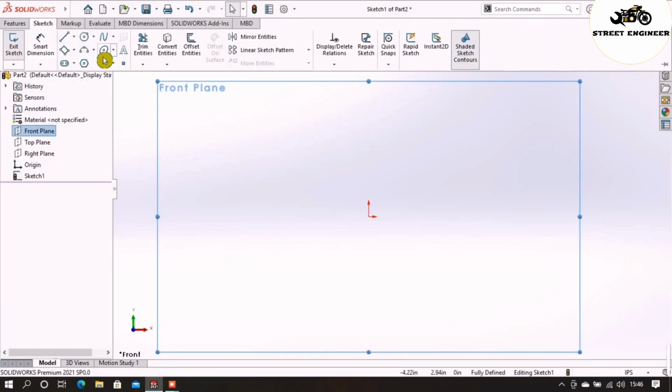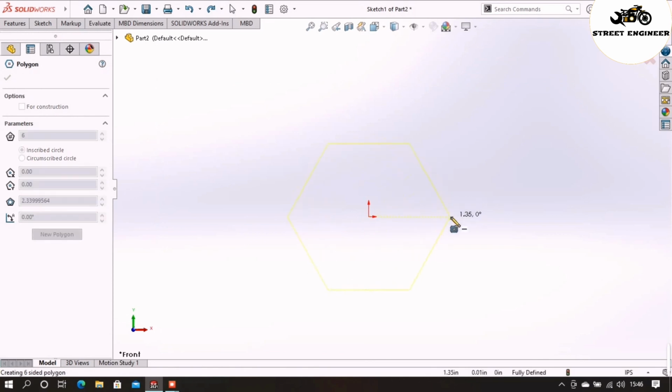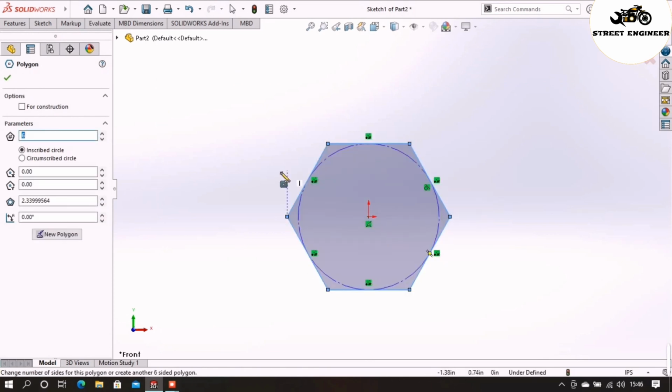Now let's see how to draw a polygon. Select sketch and then click on the polygon tool. For drawing, just click and drag the left mouse button and then click twice. Here I have designed a polygon. For changing the number of sides of the polygon, you can modify it from the property menu. Here it is 6, so I am changing it to 8. See guys, when I enter 8, the number of sides has changed. And again for changing dimensions, go to Smart Dimension and enter the value.